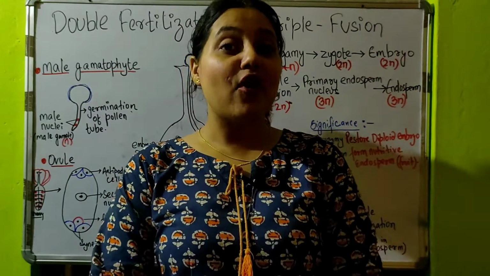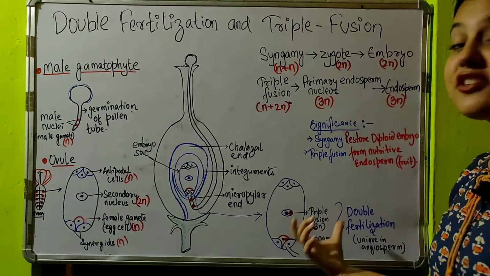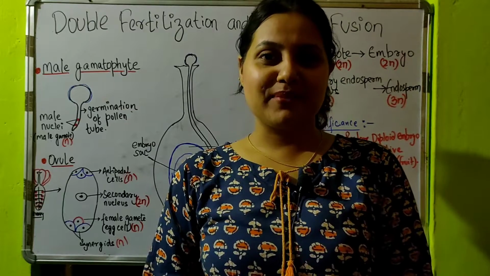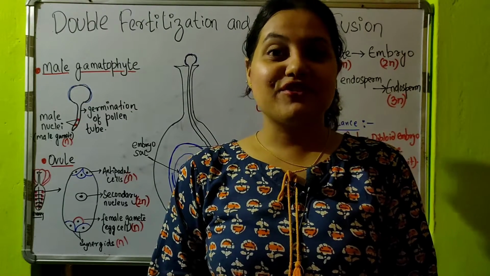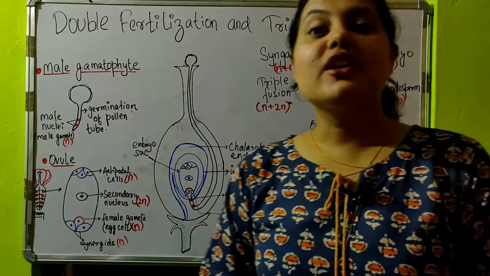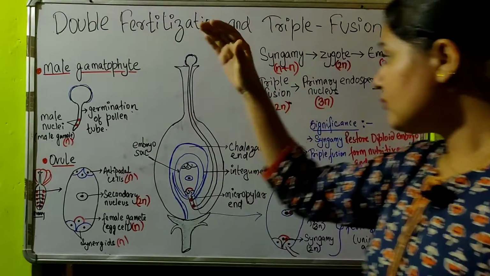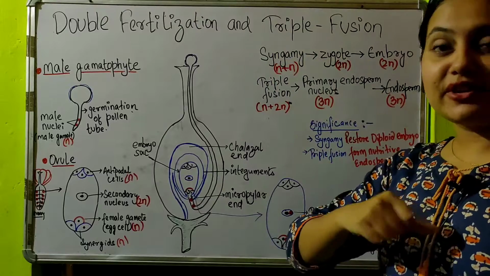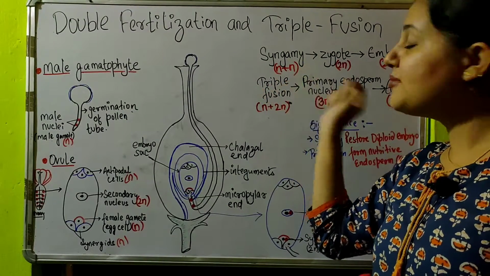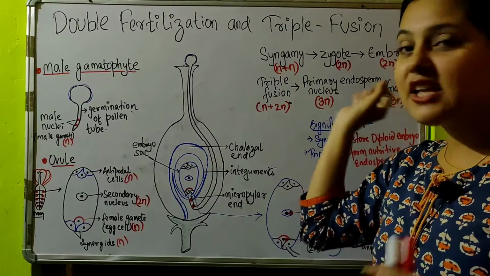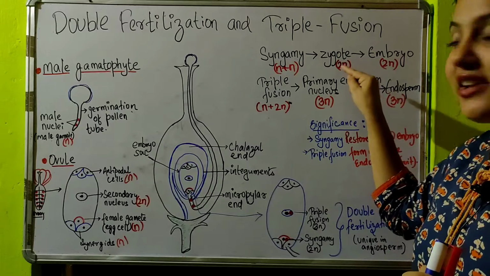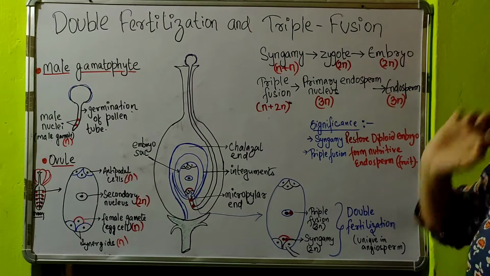Why? Because the second part, the triple fusion, will give us endosperm. And what is endosperm? The nutritious part of the fruit which we eat, that is endosperm. And the zygote will give rise to the embryo. All right, you see here syngamy, that is n plus n, male gamete plus female gamete, that is male nucleus plus female egg. They give us 2n, that is the zygote, and the zygote gives us the embryo, that is